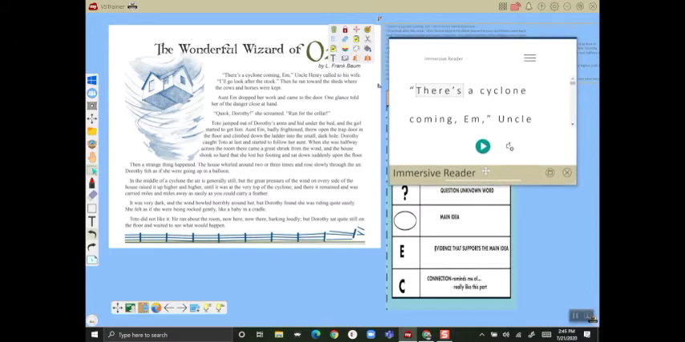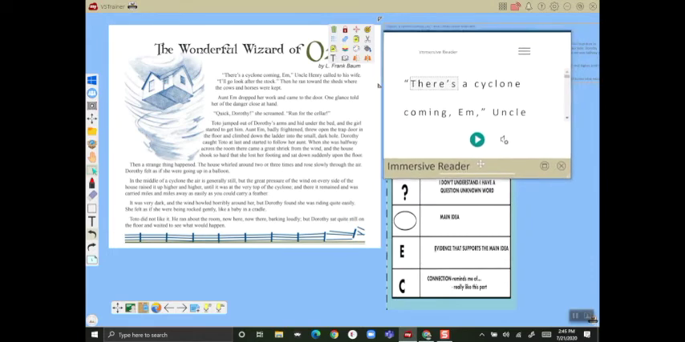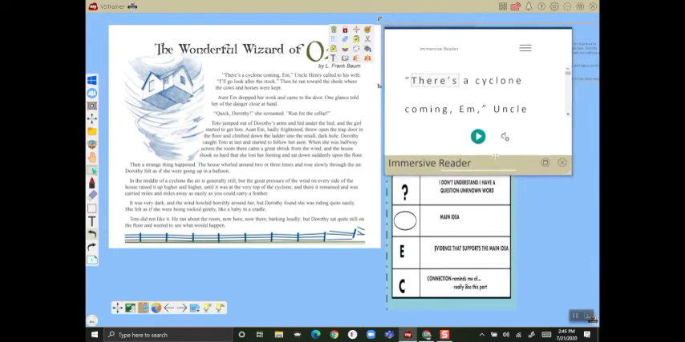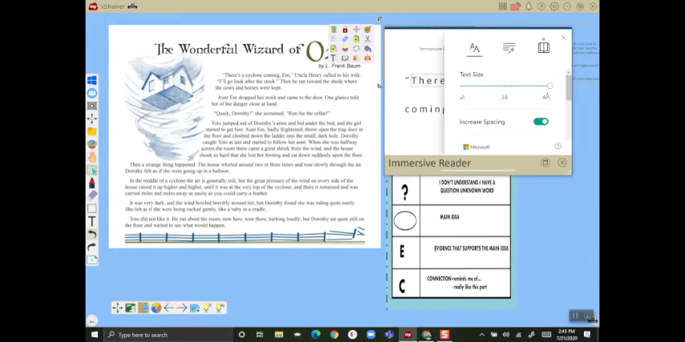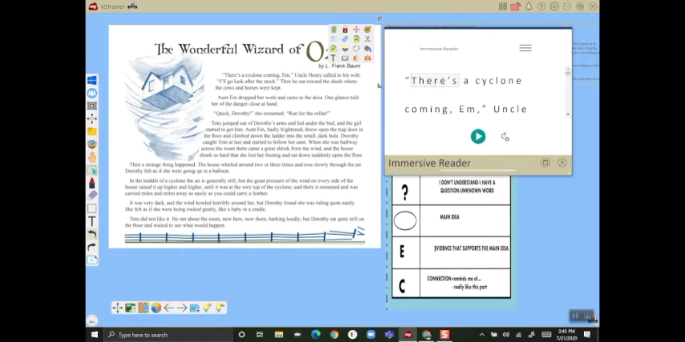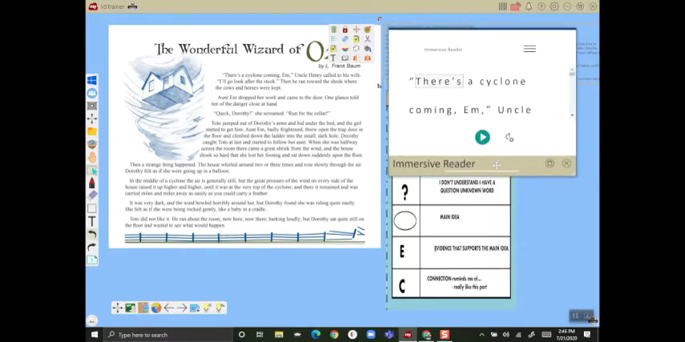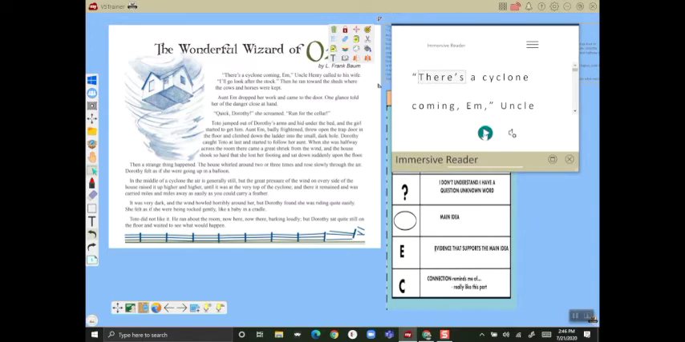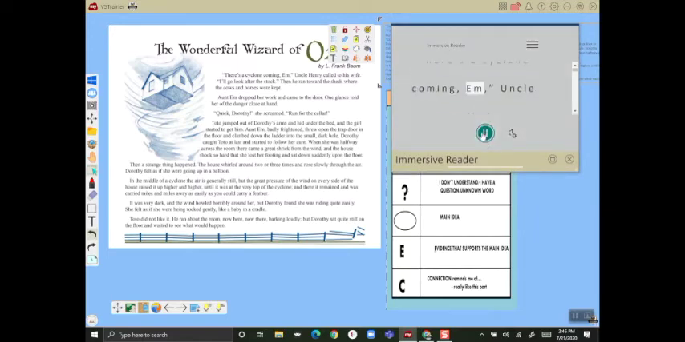Immersive Reader is going to let us have text to speech, and it's going to focus or highlight in on the text. It also allows us to go in and highlight things like nouns and verbs, all those kinds of things. And so what we're going to do is press play so we can listen to the reading. There's a cyclone coming,